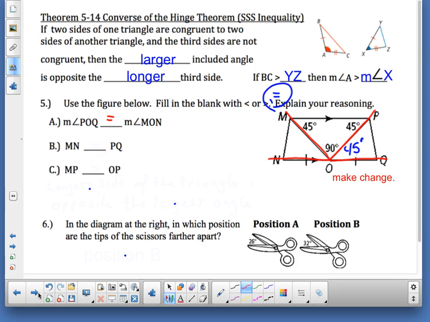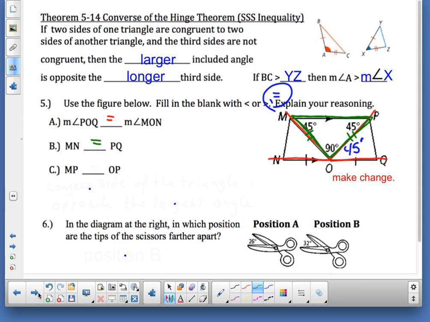So I want to point out something that I know about this triangle. Do you notice what type of triangle this green triangle is? Say that again, louder. It's isosceles. How did you figure that out? Yeah, the base angles are congruent. So therefore, these sides must be congruent. And it's a right isosceles because of that 90-degree angle. So now I know that I can compare MN and PQ. And now we know that they're equal as well because they're across from 45-degree angles because of alternate interiors.